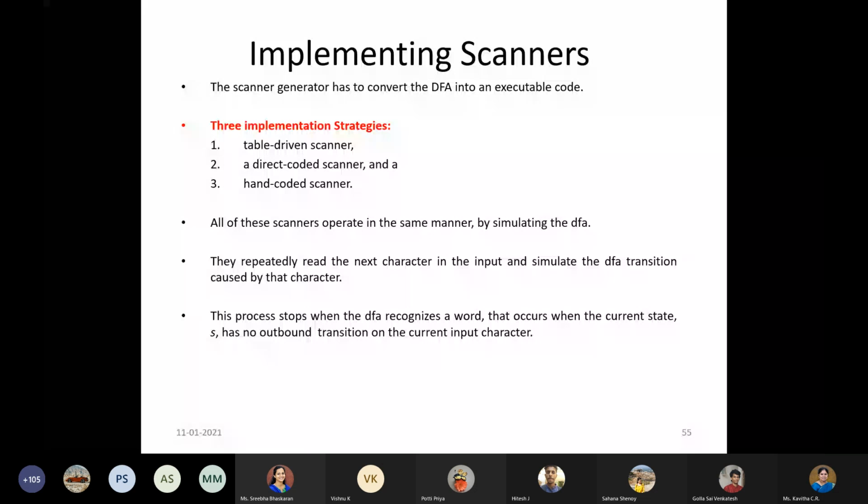Say for example, if you are having some word to be as new, NEW. According to C program, it has to be considered as a keyword. First it reads character N, then character E, then character W. Once you finish reading all the characters, it will check whether after the W character, whichever state you are in, you are in the final state. If you are in the final state, it will be tagged as keyword. That is what we say is a token. So the keyword token will be assigned to the word new.